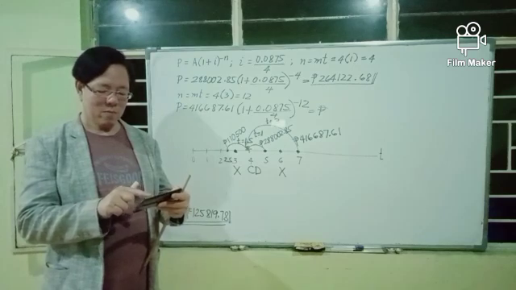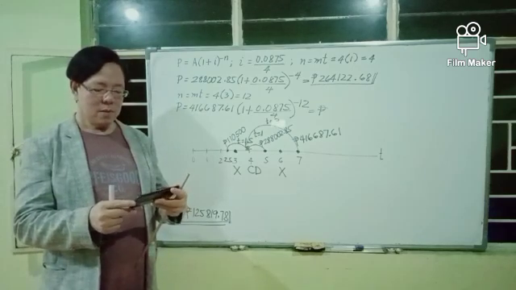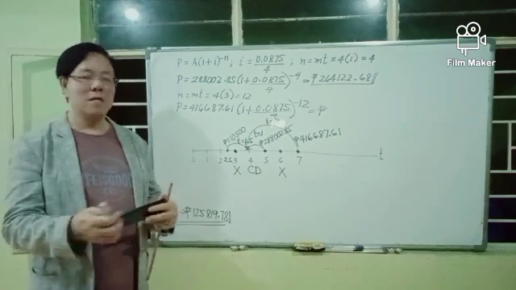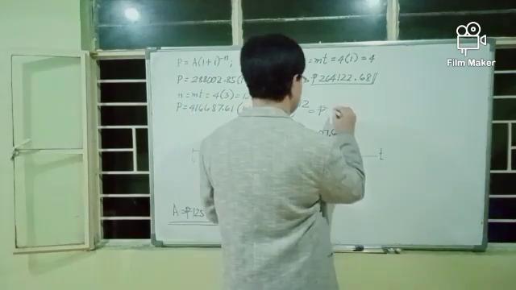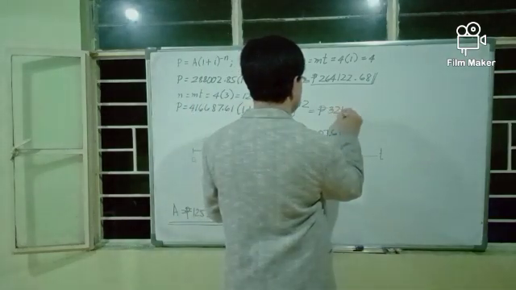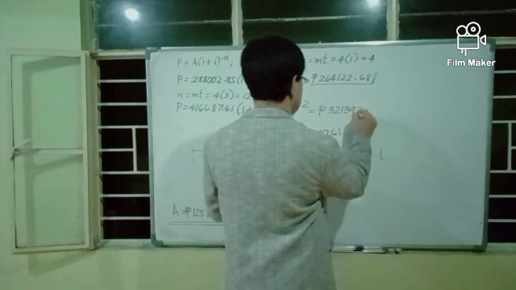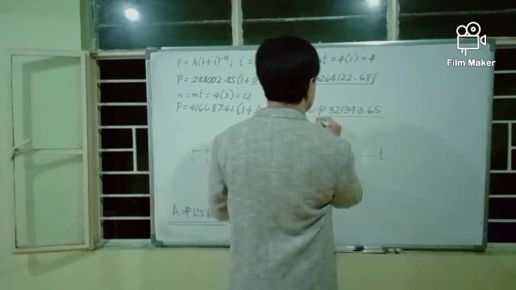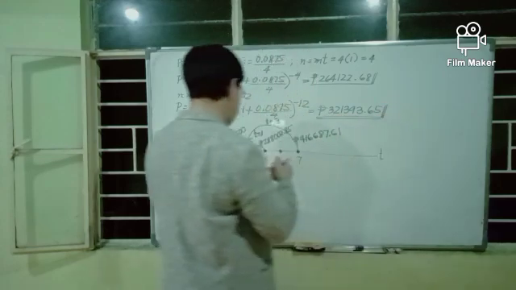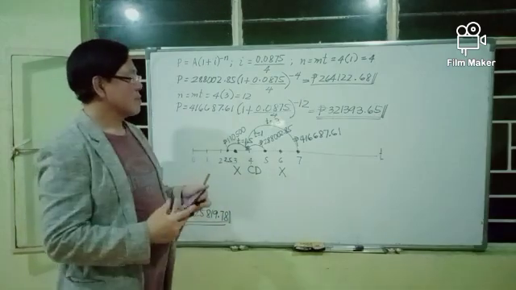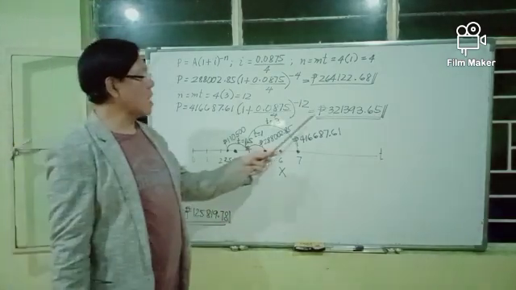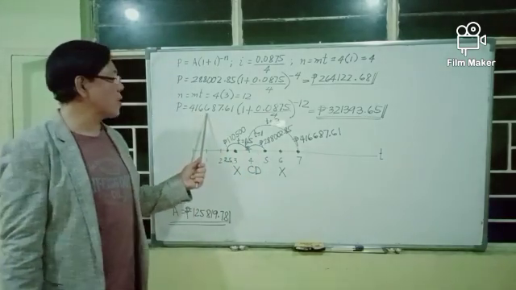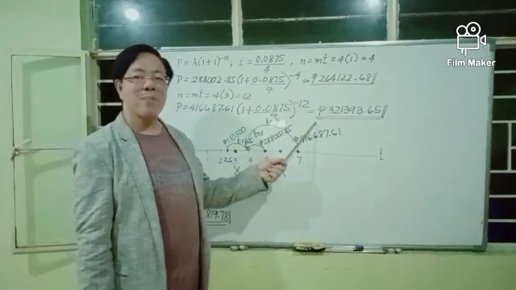416,687.61. And you should get 321,393. And this is the discounted amount of 416,687.61 pesos. Or this is the present value of